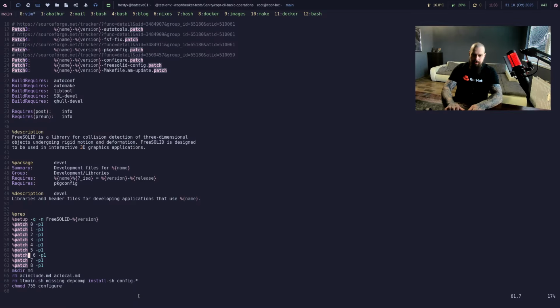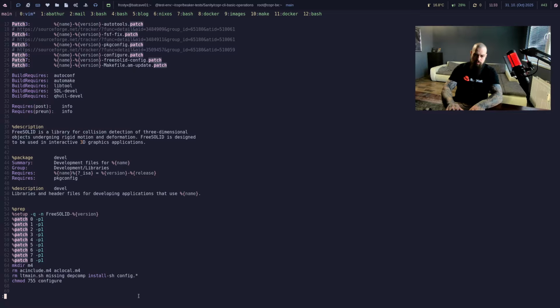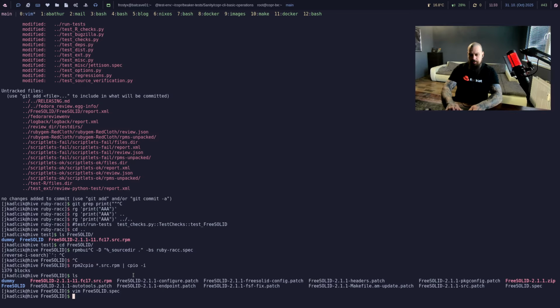We need to do this. This looks reasonable to me. It has 8 patches defined, and we changed all of the 8 patches, so that looks good. RPM build